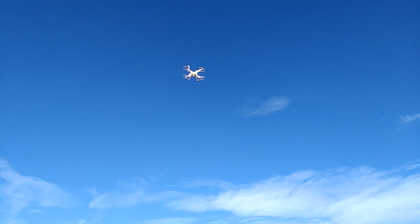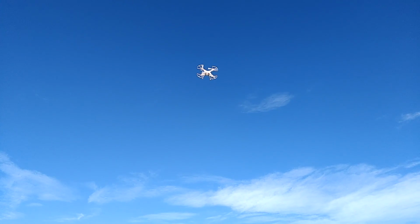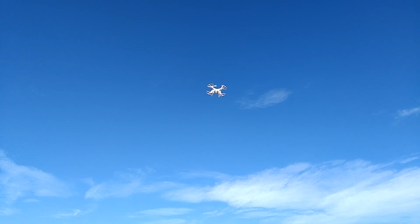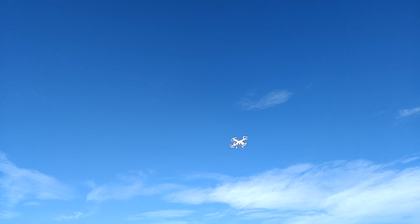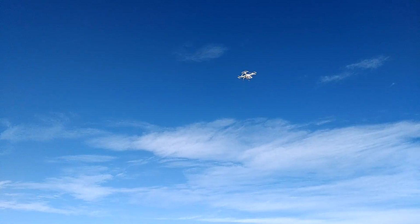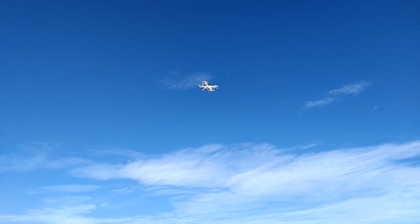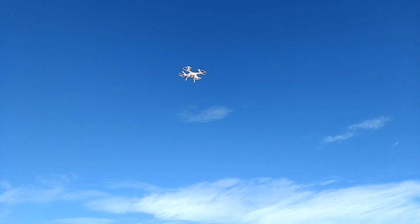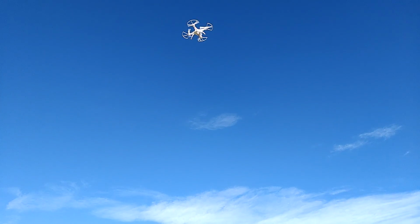So to flip, you just hit your right button and then on the top, and then the joystick on the right, and you'll see it kind of drops a little bit. So that's why I was saying you want to make sure that you're close and you got some good altitude before you flip. So I'm going to bring it on in here. We're going to land down,